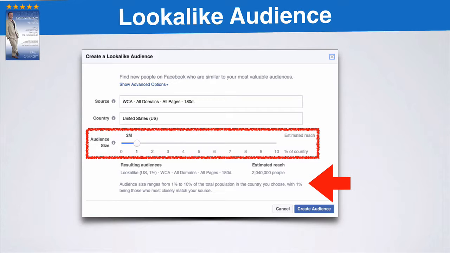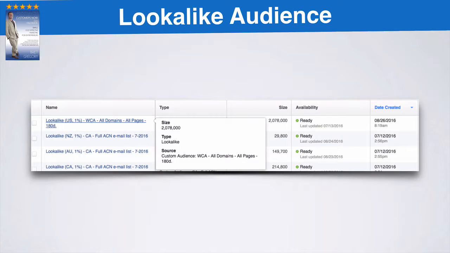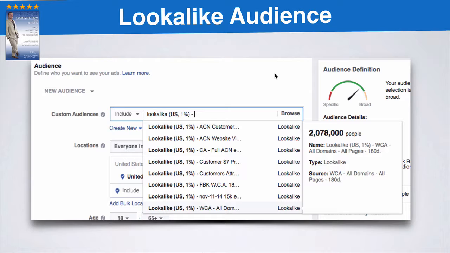Okay, so you're going to land on this page. So it chooses the source, it chooses the country. So now I want to advertise to over 2 million people who live in the United States who have 99% similarity to my website visitors. Like if you look at all their interests, 99% of them are the same as my website visitors. Okay, so then I click create audience. All right, and now you can see I have this option here of this lookalike audience that has 2 million people who live in the United States who have 99% similarity to the people who have visited my Facebook page. Okay, so I can go to create an ad now, and I can now go into that custom audience,